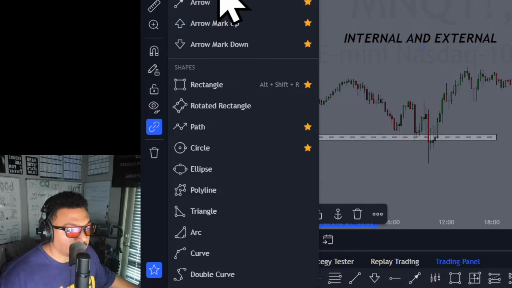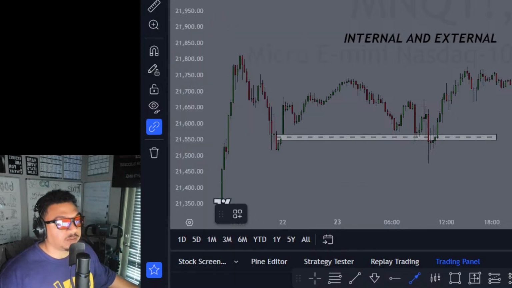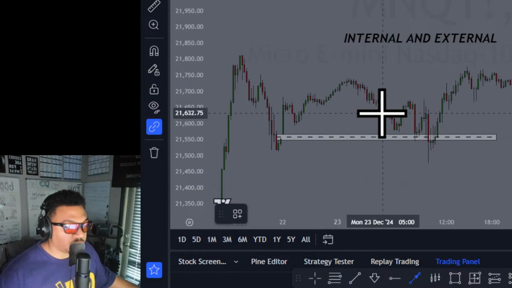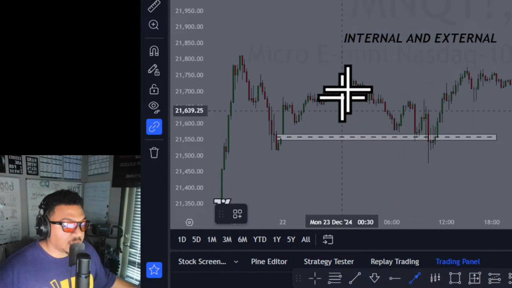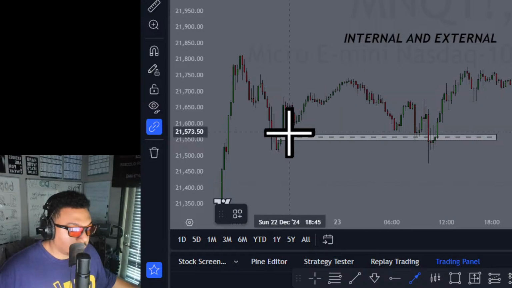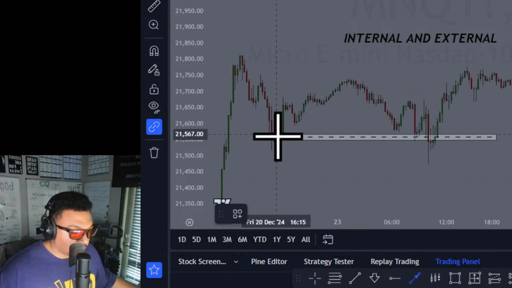I know I didn't really give a good tutorial over TradingView. That's something you can find in another video. Right now, I'm currently on the 15-minute time frame, just looking at MNQ. That's the main pair and the only asset, the only market that I look at pretty much. I do view some others for correlation purposes sometimes, but again, internal to external liquidity, that's the key. So here's internal liquidity here.